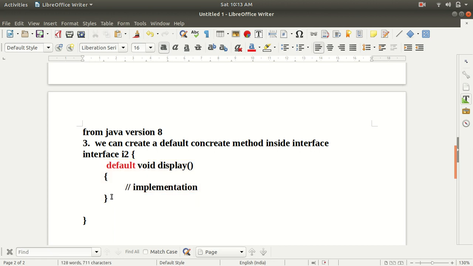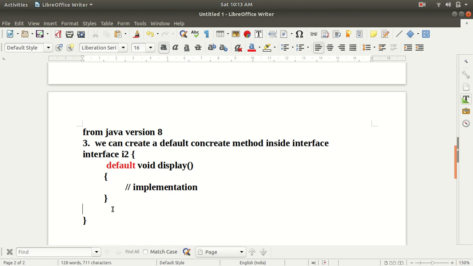From Java version 8 and after, we can write a default concrete method inside an interface.